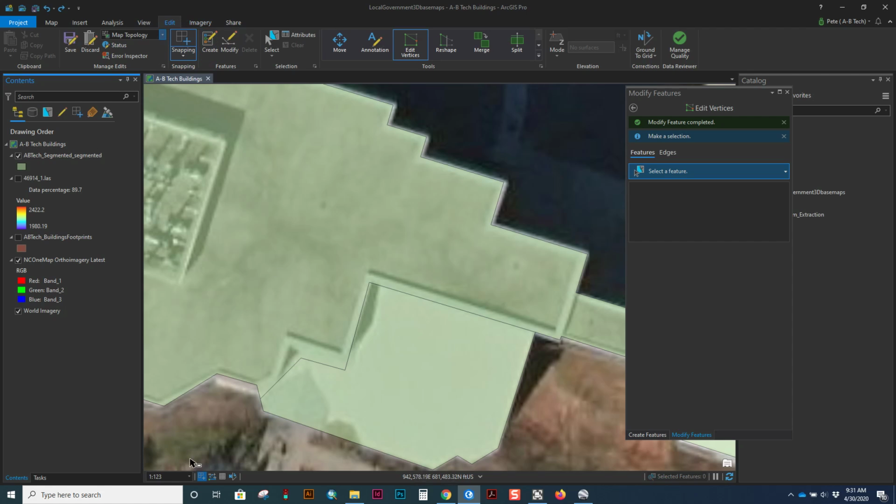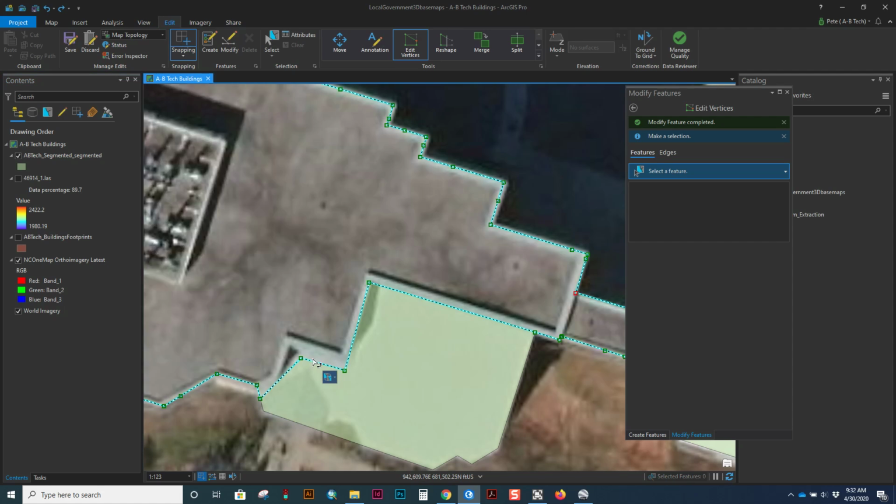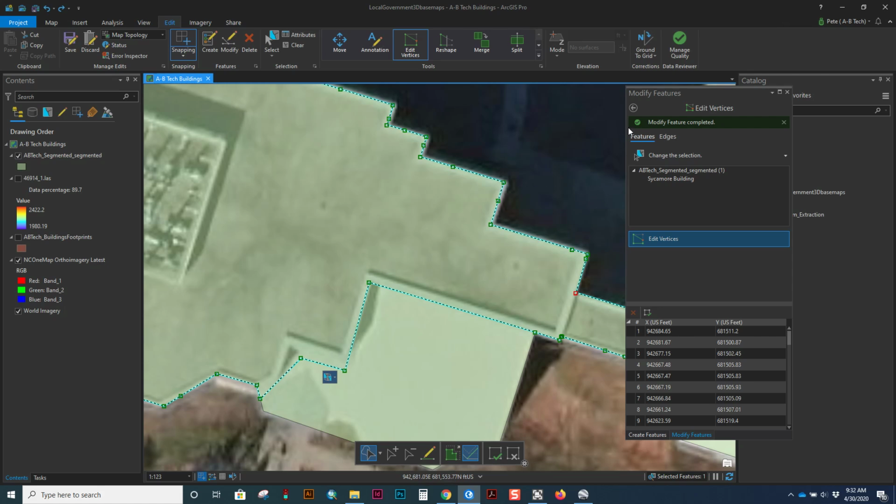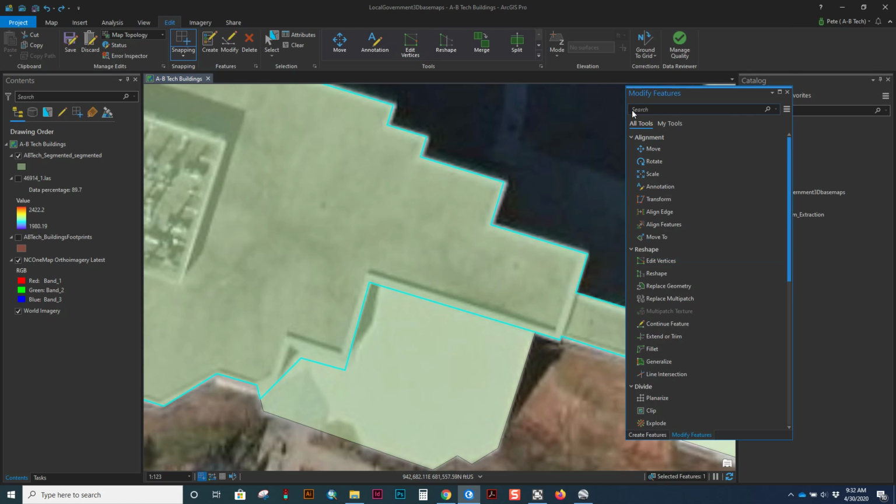So I just wanted to show you a little bit about it. So I have map topology turned on now, and it automatically calculates a topology cache that keeps up with vertices that are within the cluster tolerance. That defines them as being coincident. So if I select this line and I want to get out of this modify features thing, so I don't have any of these tools selected, okay,